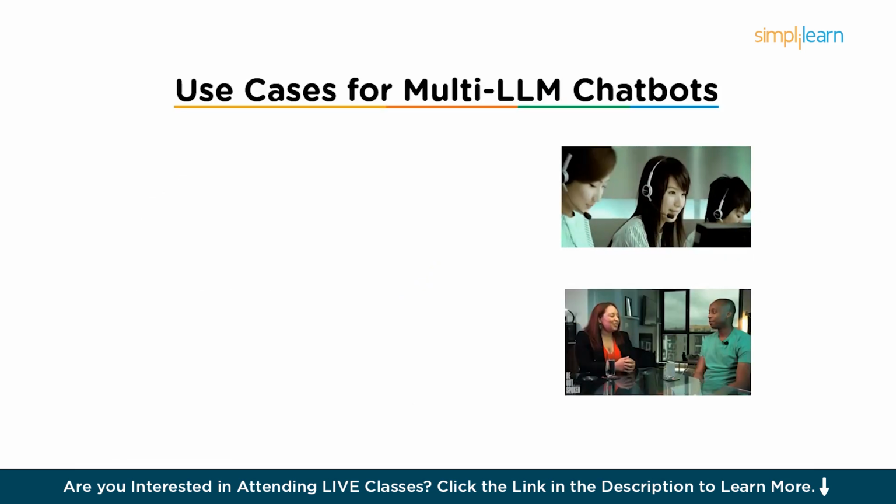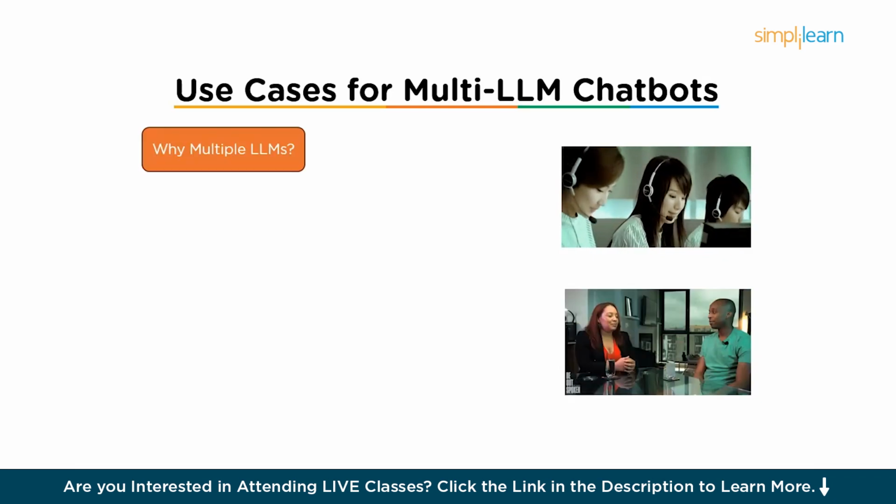So far, we have explored what LLMs are and their individual capabilities, but as the field evolves, a fascinating new approach is emerging: multi-LLM chatbots. This raises a key question. Why multiple LLMs? Why would we use more than one powerful model when a single one seems so capable?